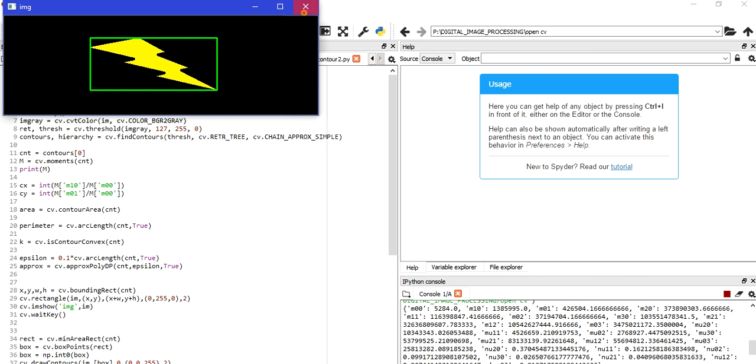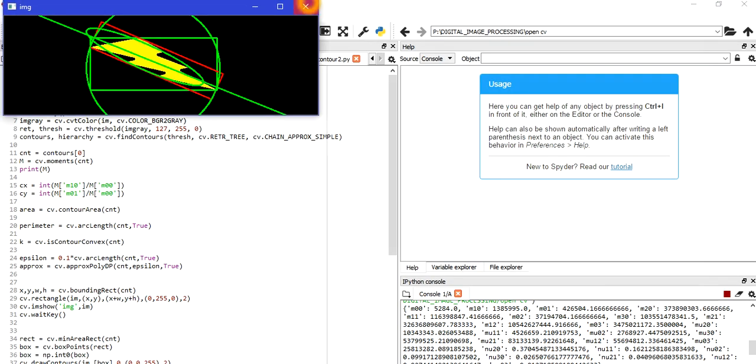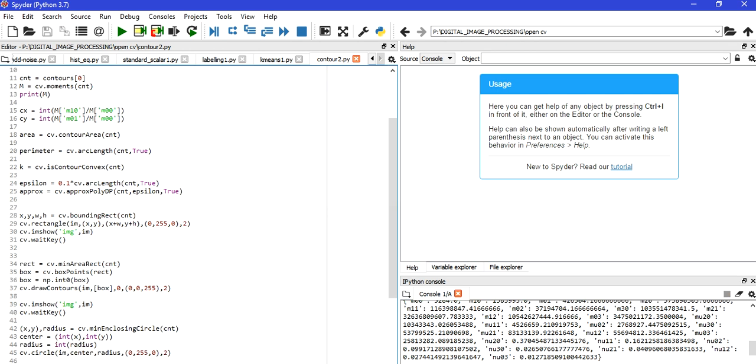Okay, after that, this red denotes the minimum area rectangle that we covered in the last lecture. And after that, this is the ellipse, and this circle, you can see a circle, that is the enclosing circle, and this line is the straight line we have drawn through the object. Okay, so to have a clearer look at the image, let's do one thing.